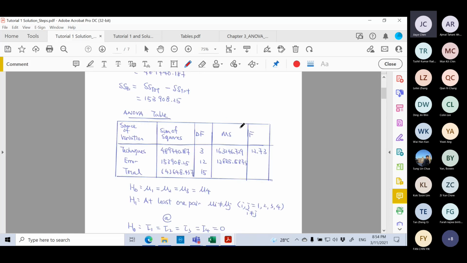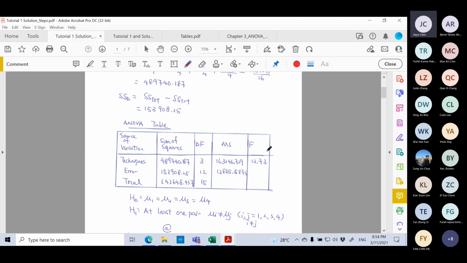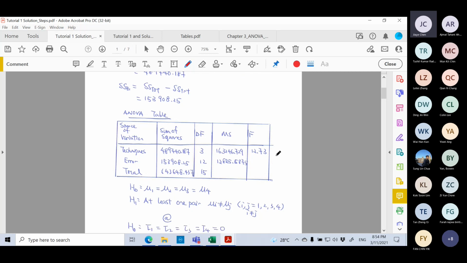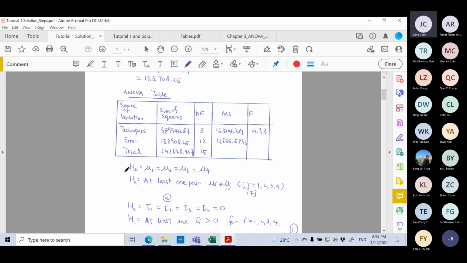I give you more than that. The first thing is I will show you how to produce the ANOVA table values. So make sure that you know about the hypothesis. If you are testing the mean, of course, your means can be 1, 2, 3, 4, 5. You are testing the mean here. And then the H1 is written as at least one pair of the mean i not equal to mean